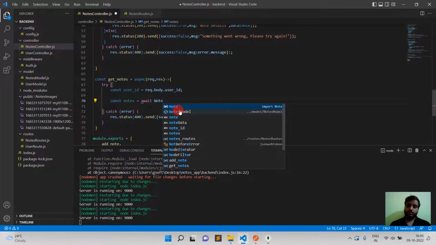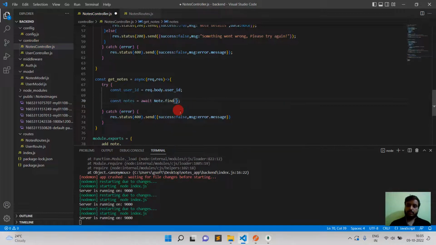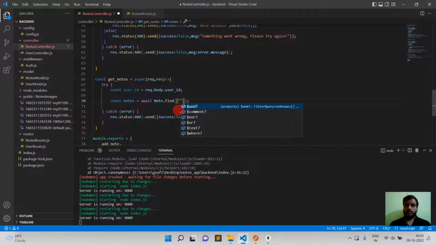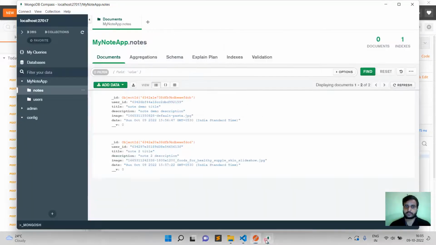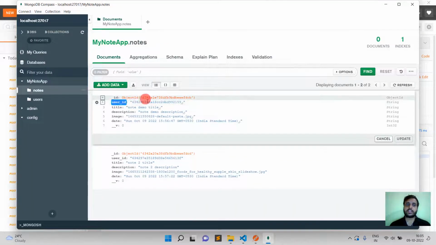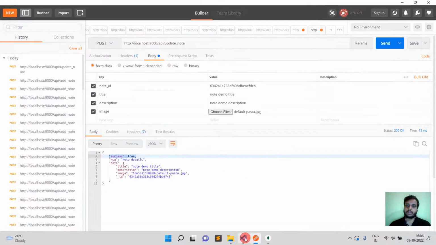and now here we will fetch all the nodes. Node.find. With the help of this user ID, we will get all the nodes. If this user has two nodes, okay, then two nodes will come. If three, then three will come. Okay, so here